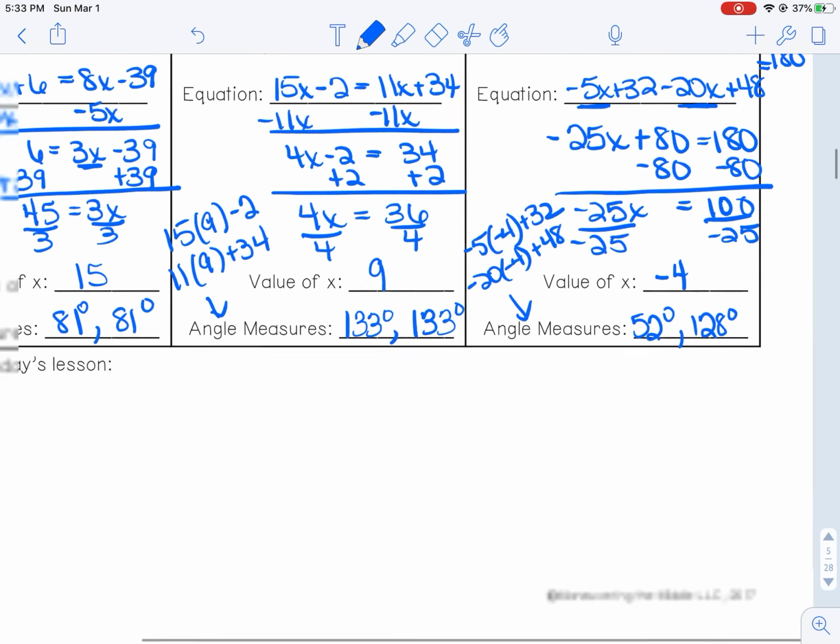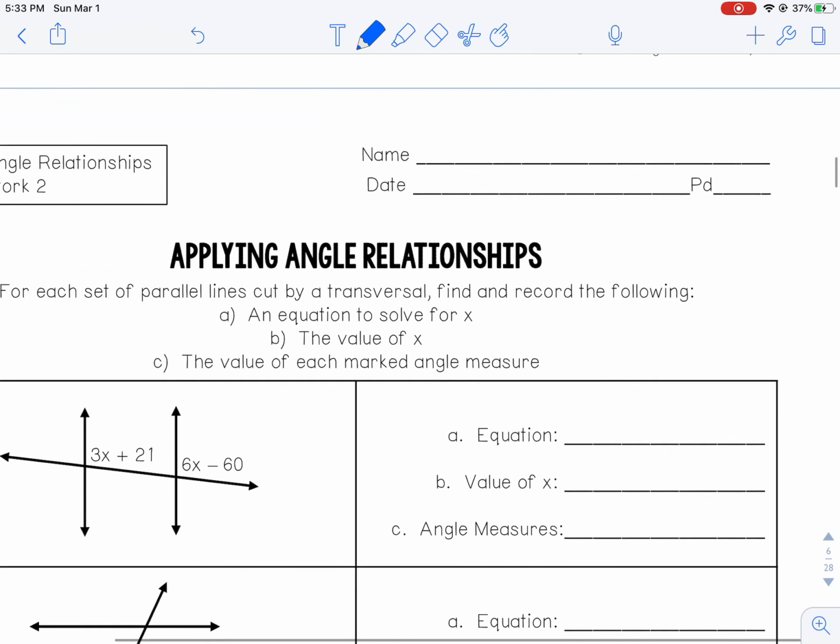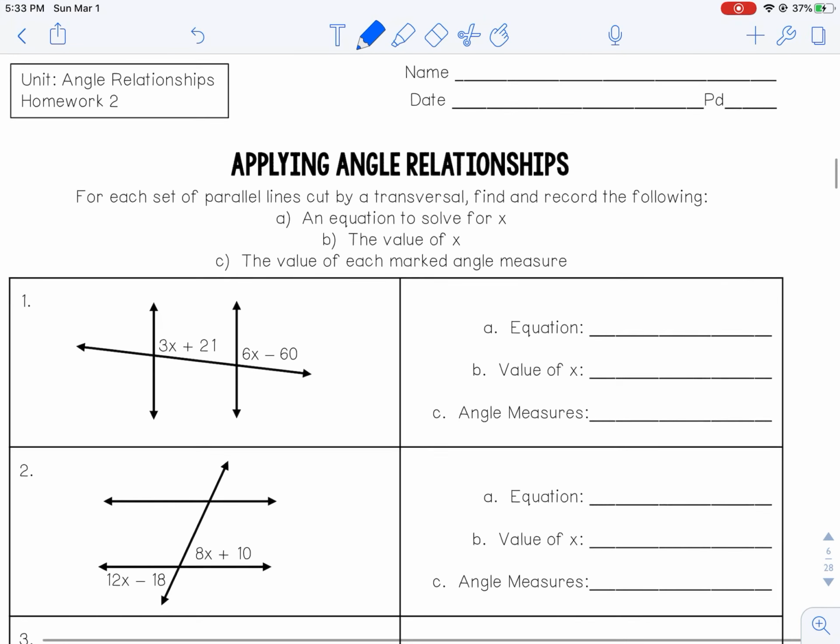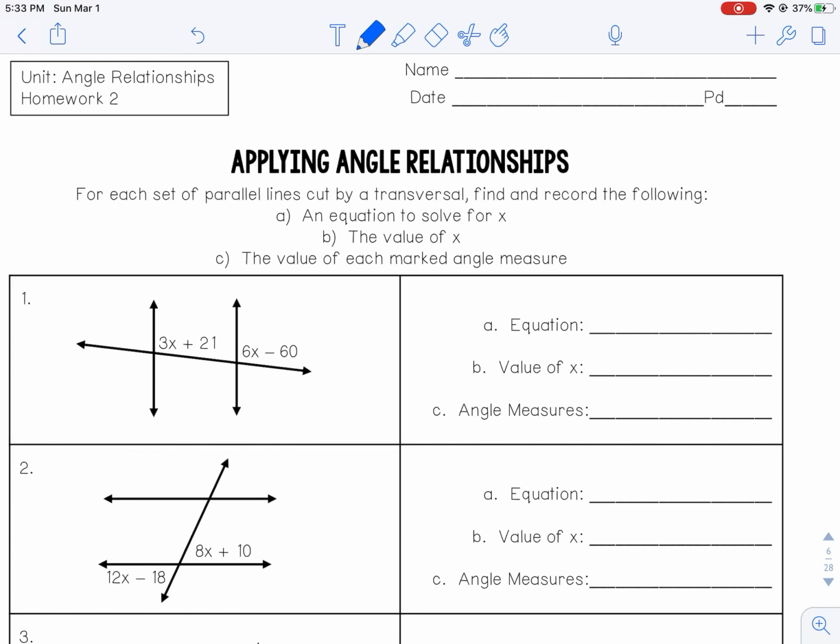All right, that's it, guys. When you're doing the prep work, check and see what your angle relationships are for each of these. You're also going to probably need a separate sheet of paper to show your work. There's not enough room there unless you write really small to do all the things that you have to do. All right, good luck. Let me know if you need any